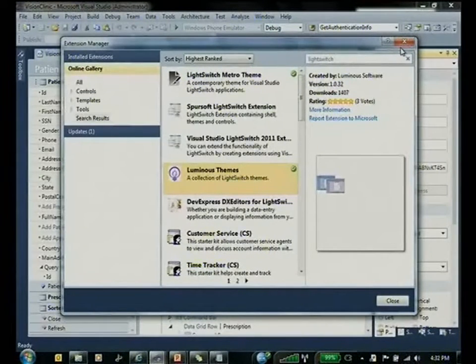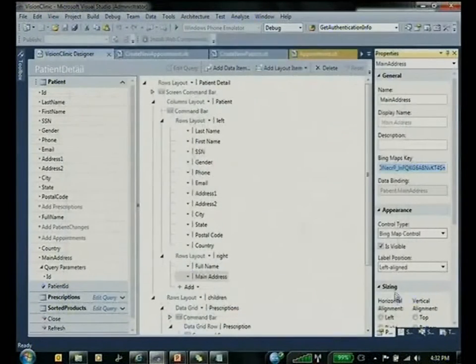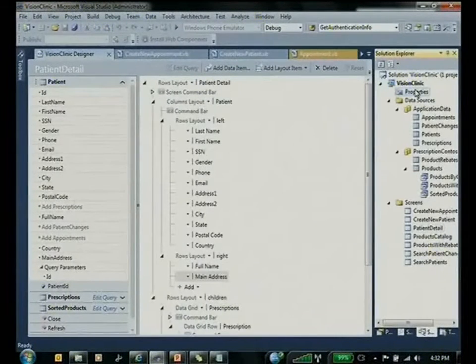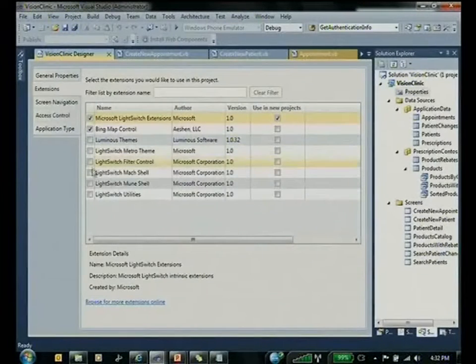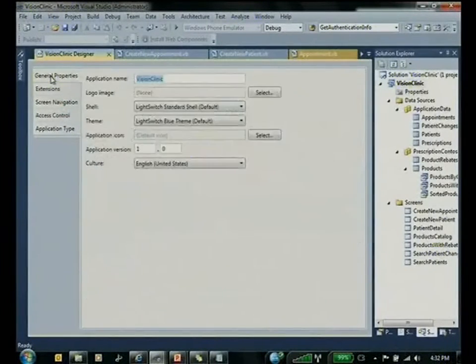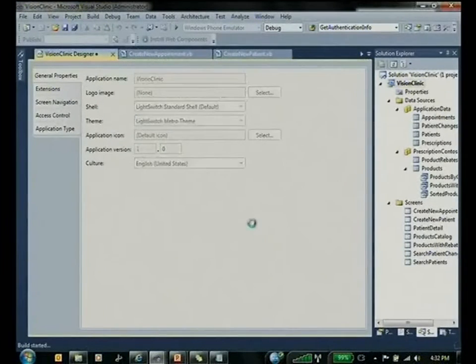So if you want to see how it's built, not only have we released the extension, we've also released the source code. So let me close that, and it's really easy to make this stuff work. Remember what this thing's looked like so far, in terms of the UI? Let me go in here, and I'm just going to enable the Metro theme. I'm going to go into the general properties, and in the theme, I'm going to say the Metro theme. And now when I press F5, he said, crossing his fingers, hoping I wasn't planning to do this demo, but